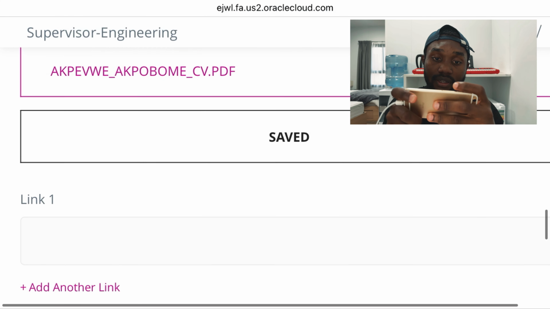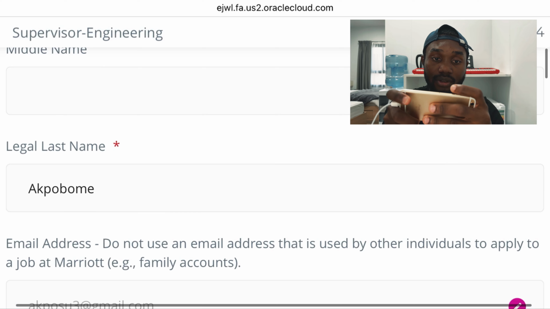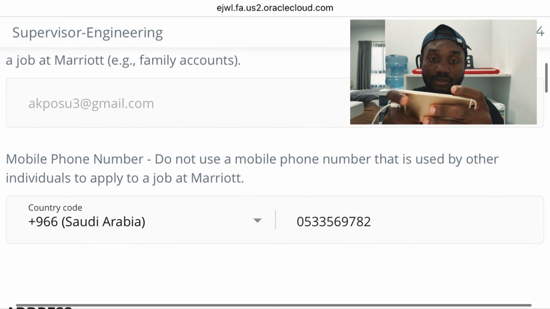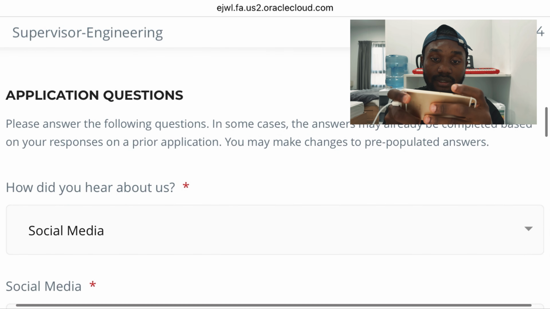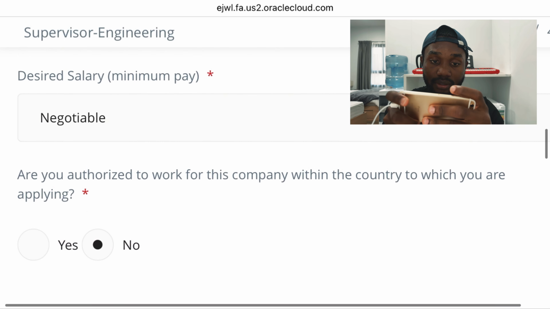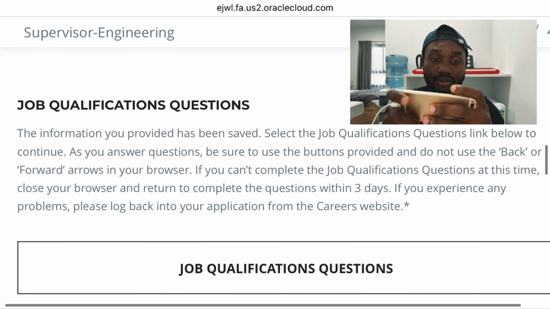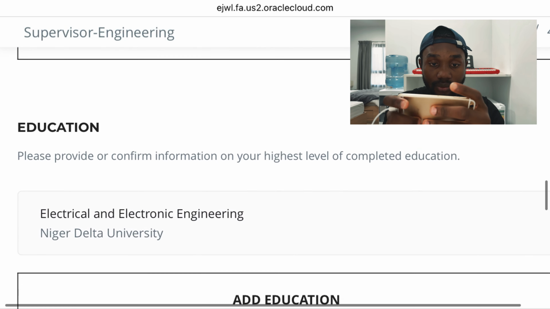and use that as well. So you go ahead and cross check all your details, make sure everything is correct, all the job qualifications you provided, all the experiences you provided, and any additional materials you provide. Make sure all your details are correct. Then you want to go ahead and